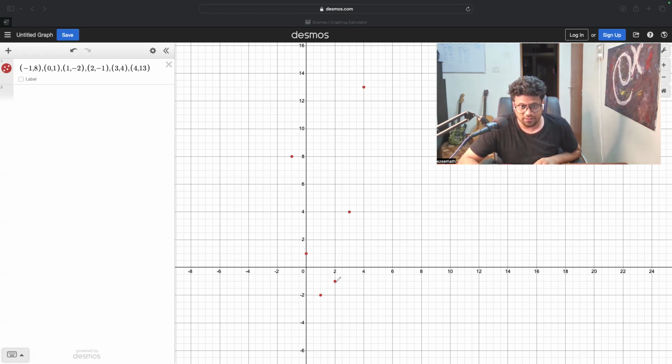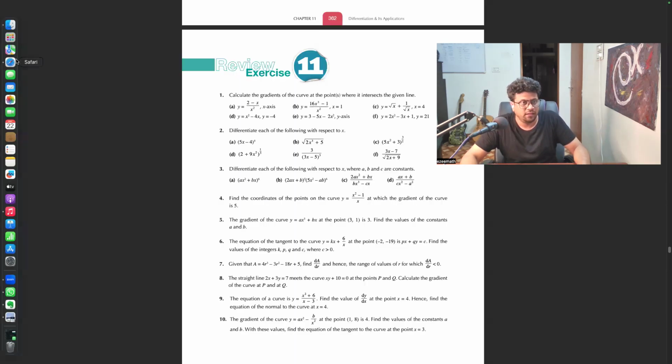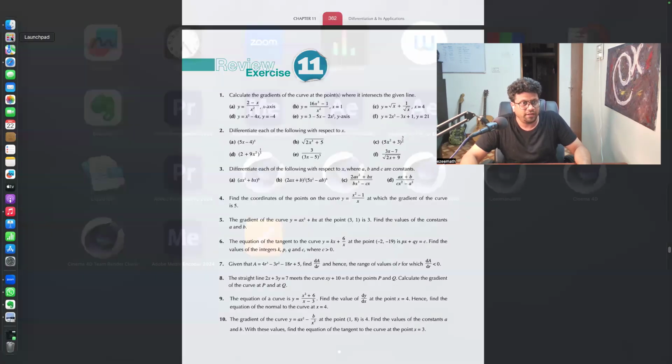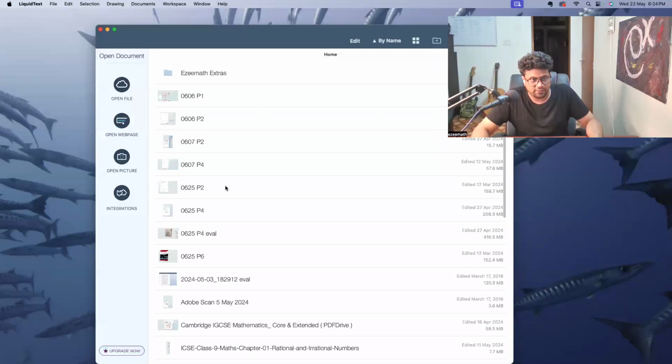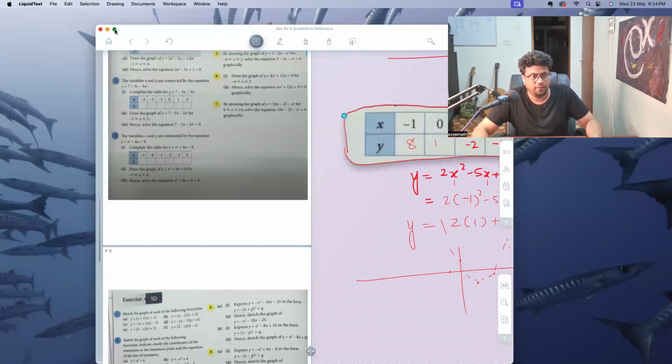For it to be symmetrical, are these points all right? I'm going to have to check once because I am doubtful about the symmetry of the thing that I'm getting. Let's just check once because I feel like I have ended up with points which are not correct. Let's see. Here